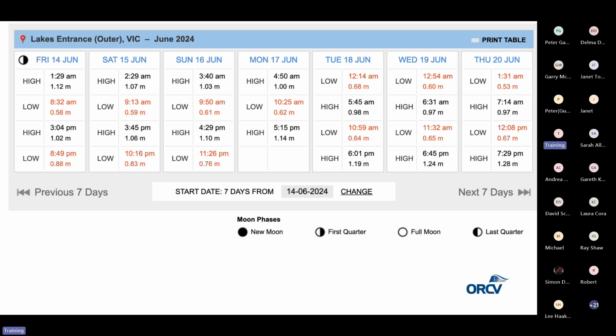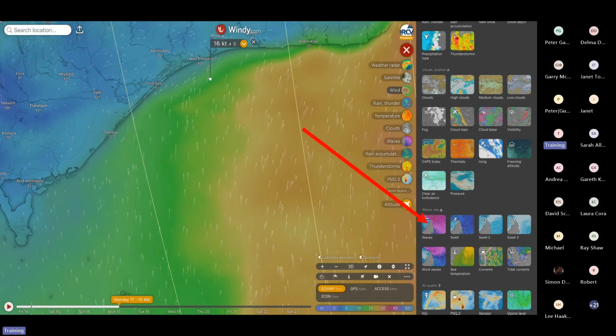So if we look at the next slide, we were just again looking at Windy. We were moving along and using the menu system, and we were going to look at waves. So we clicked on Windy and we looked down here at waves. This little piece here, if you're not seeing it, is where we can choose waves. And when we choose waves,